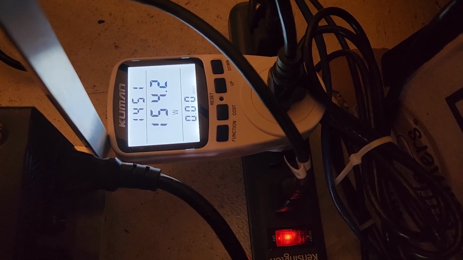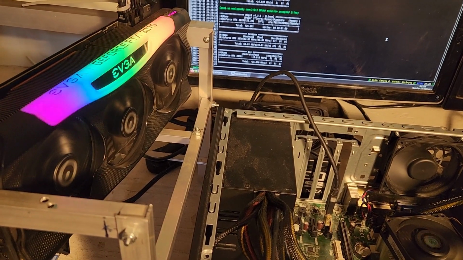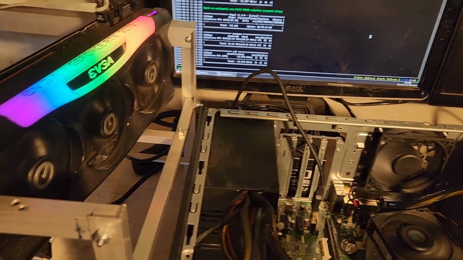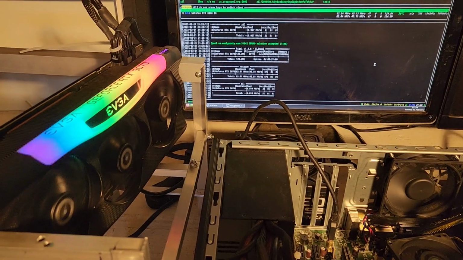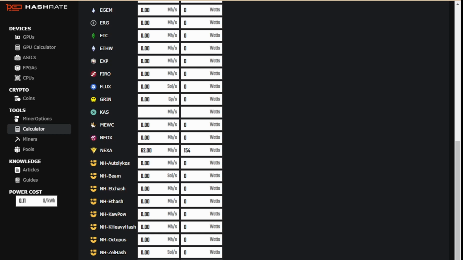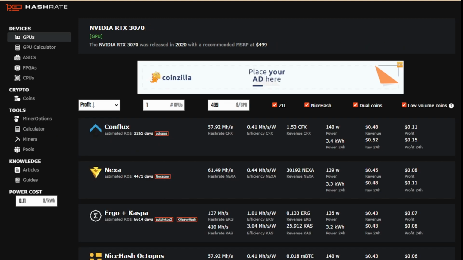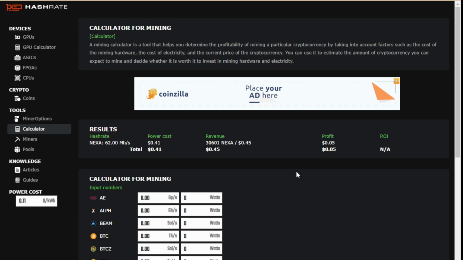So let's take that data, the 154 watts that I'm getting, and put it in the hashrate.no custom calculator, and let's see what the difference is between what they're saying and what I'm actually showing. Okay, so now we can see that I put in the actual wattage and the actual mega hash that I'm getting, and you can see my profit is half of what they're saying. So here's what I'm getting, and here's what they're saying for the last 24 hours. So it is about half, maybe a little bit less, like 40% if we're really